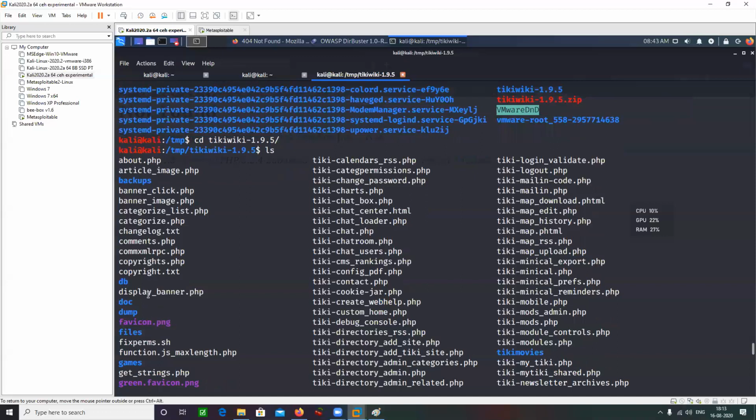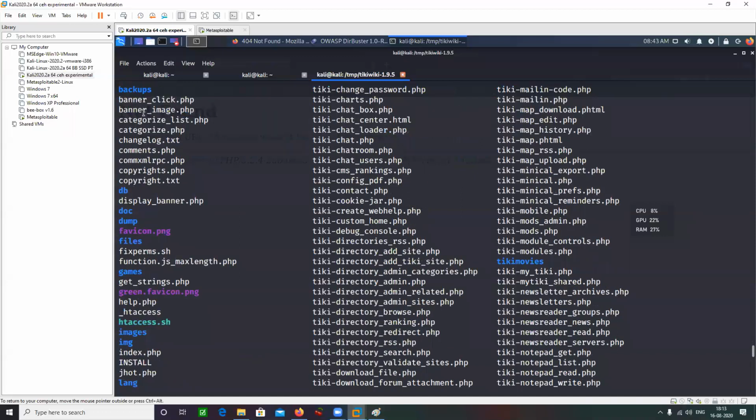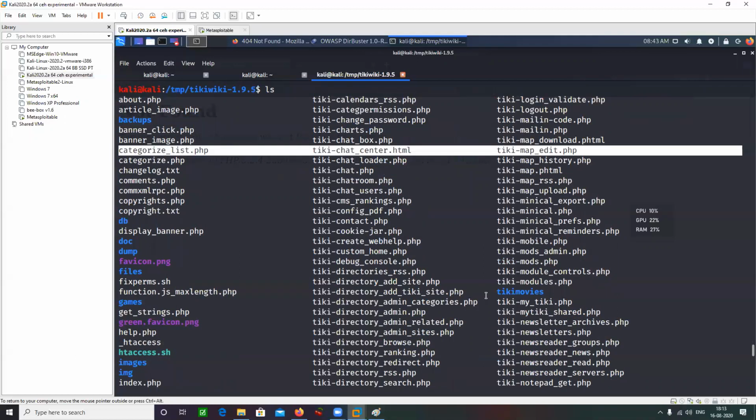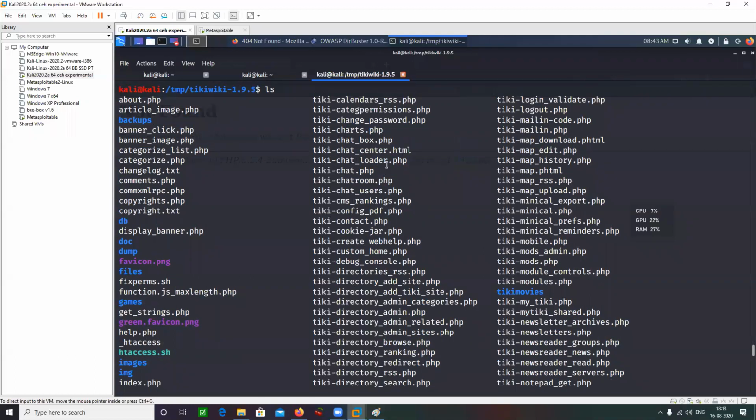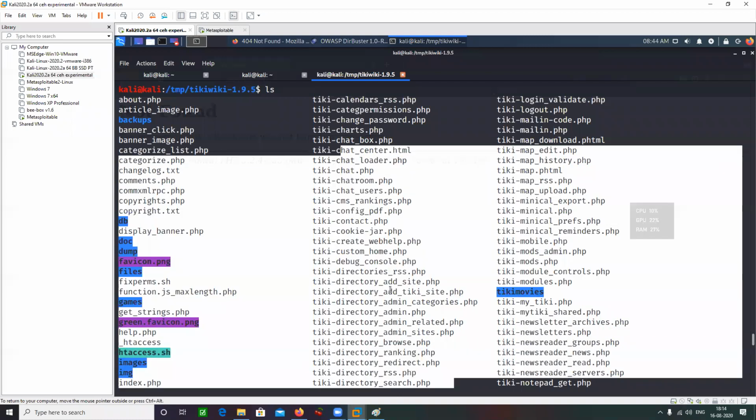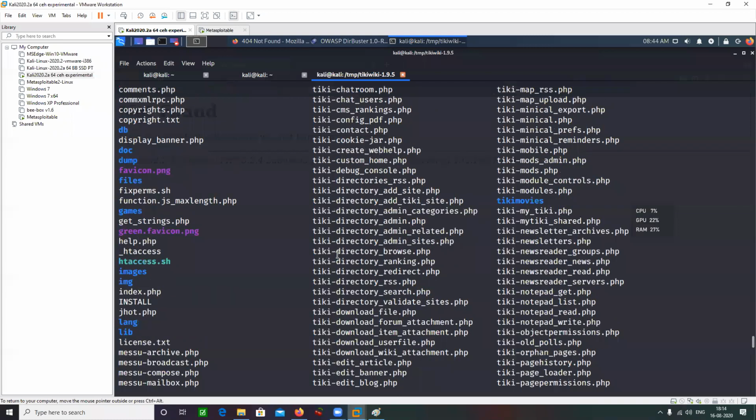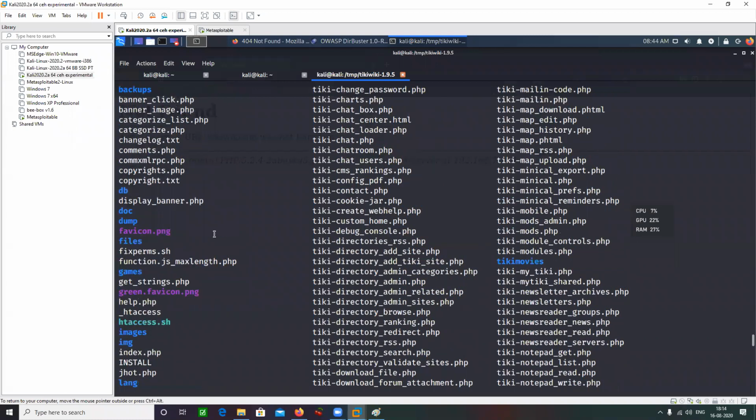Okay, I can go to backups, the DB folder, and if you guys know that PHP is a server side language, in any case scenario, I would not have been able to view the PHP code through the browser. Okay, browser is not going to ever show you the PHP code or the JSP or the ASP or the Python code. So I can do a source code review here. Go through these files. Maybe I can find some credentials in these files.